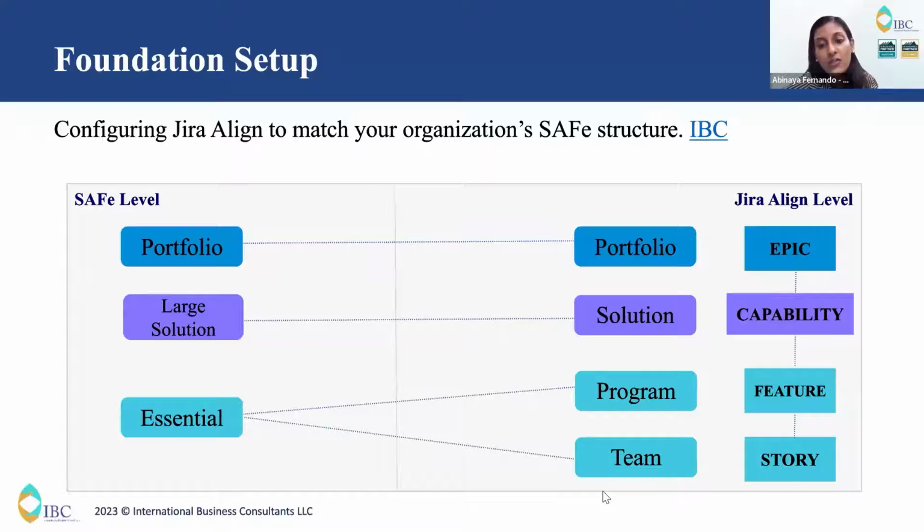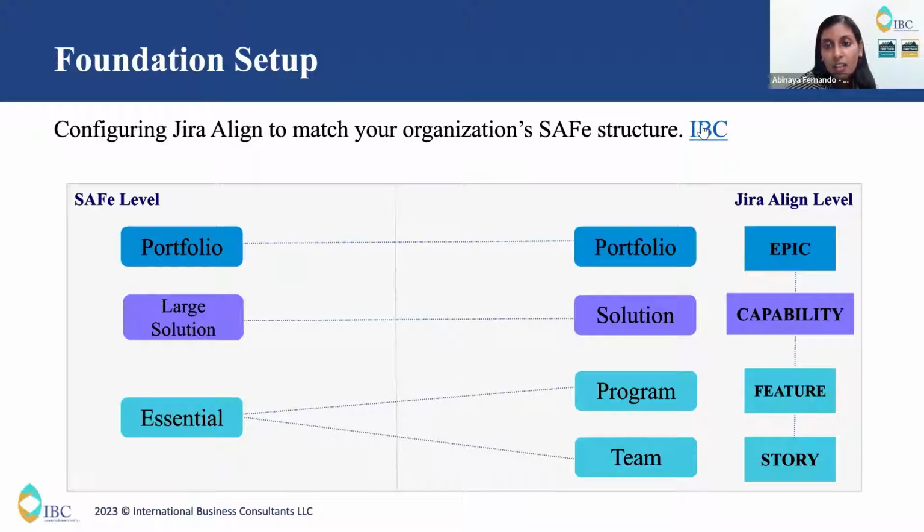Why are we reintroducing the concept of solution train? This solution train is not applicable to every organization. If your organization is very small, you need not use the large solution level at all, so you can go for the program level. In SAFe, the ART level was renamed to program. Before, it was the ART level. If the organization contains more than 125 people in an ART, then you can introduce the concept of solution train. So before implementing or doing anything in Jira Align, what we basically follow in our IBC is that we